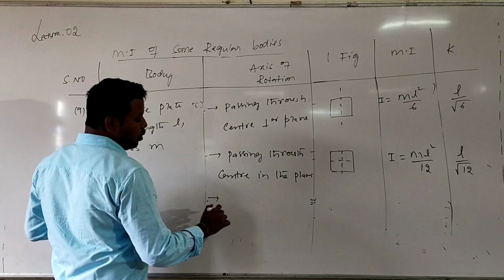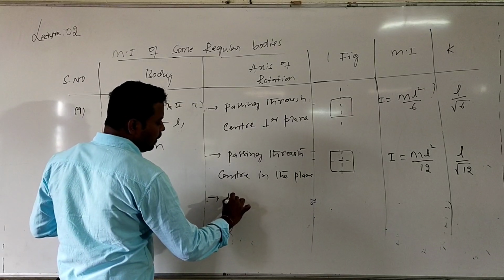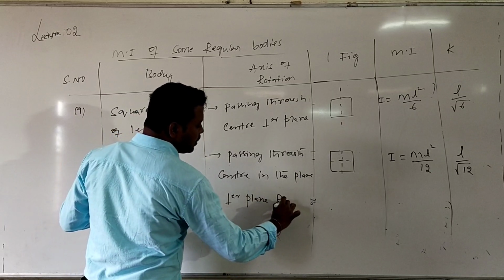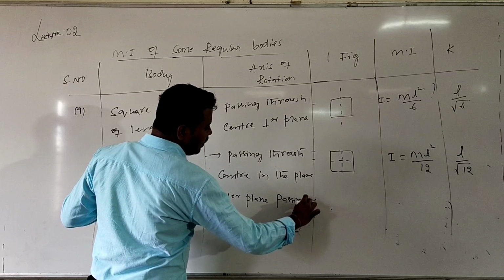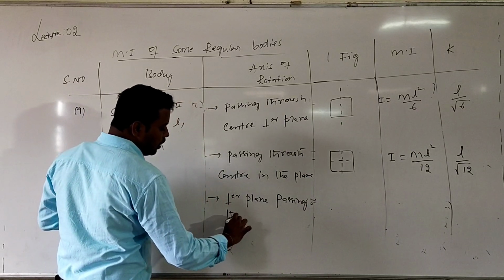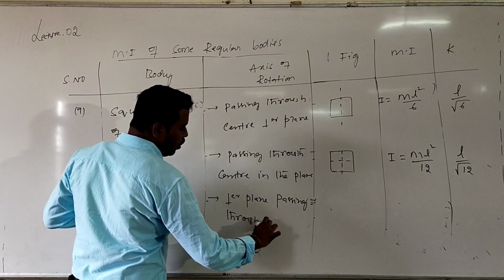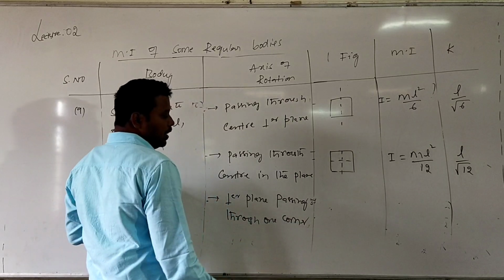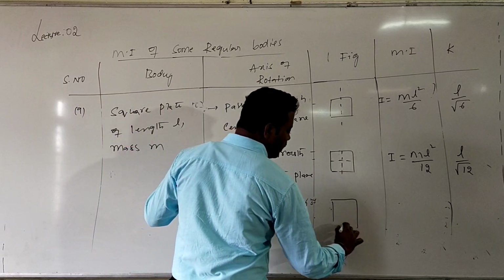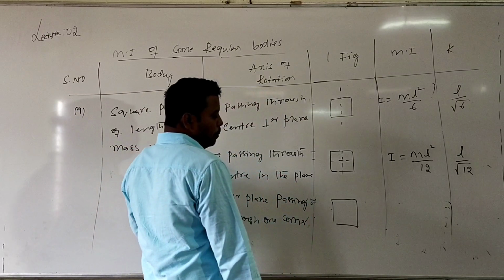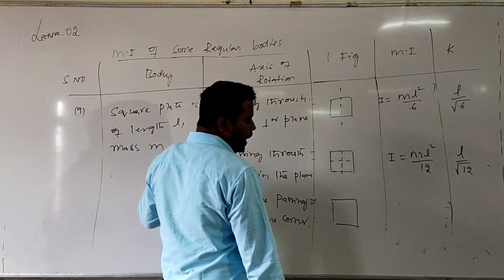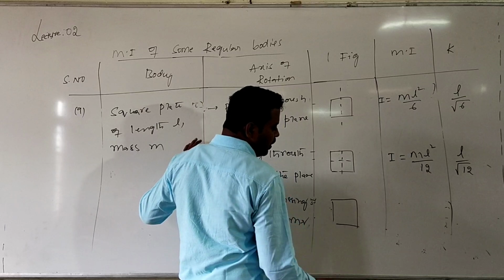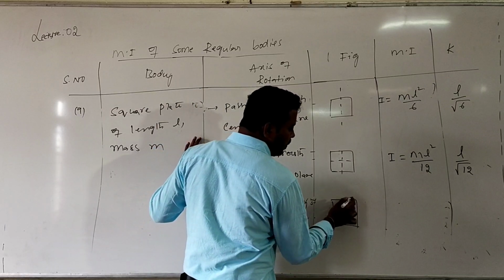Which one now? About an axis perpendicular to plane and passing through corner, any one corner or edge. So what does it mean? Moment of inertia. So I know about an axis passing through which one? Passing through center perpendicular to plane. I want to calculate moment of inertia about an axis passing through one corner. So this is the axis